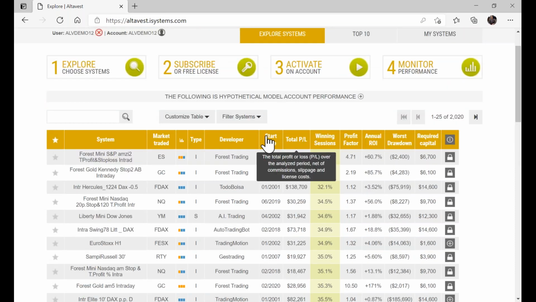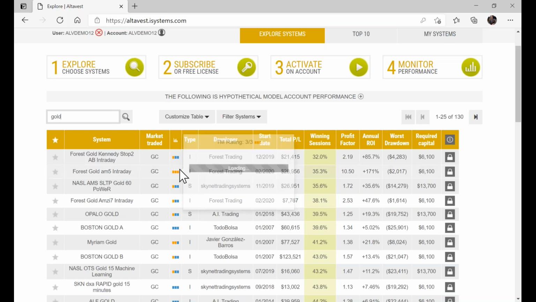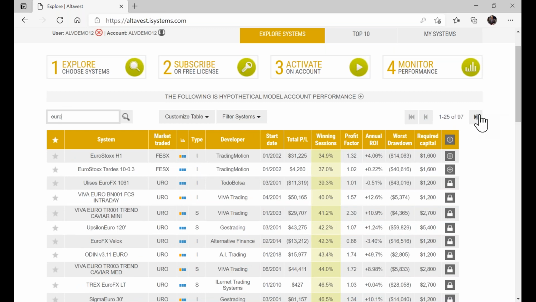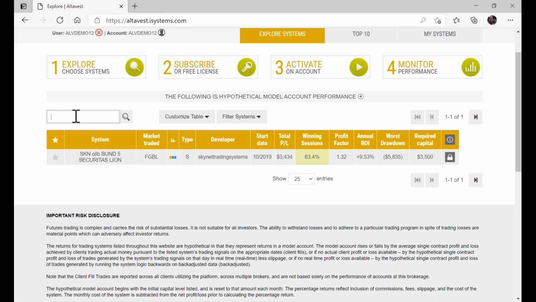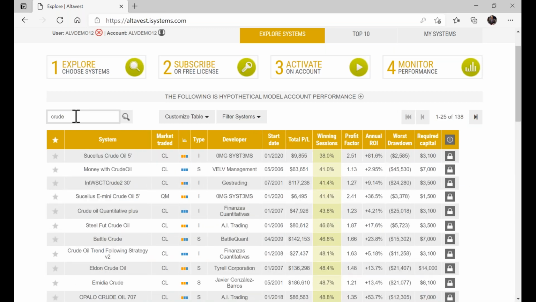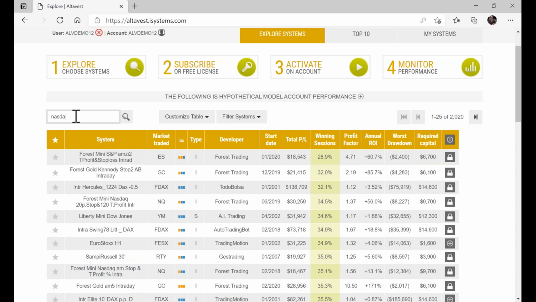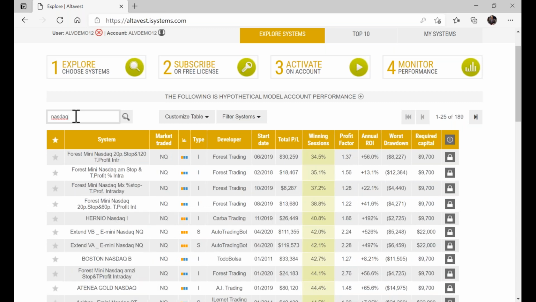Now, the next thing you want to notice is this field here. You can type in any market, and you'll see here market traded. These are all the gold systems. There are 130 here available. Maybe you're looking at the euro. Looks like there's 97 systems. I don't know what else. Let's see, crude oil. Crude oil, 138. NASDAQ system, 189, so on and so forth. So you can find a sector this way,